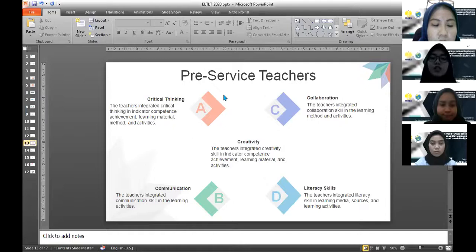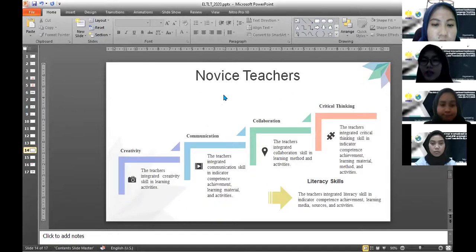And for the novice teachers, the critical thinking has integrated in the indicator competence achievement, learning material, method, and activities. And for the collaboration, integrated in the learning method and activities. And for the communication, integrated in the competence achievement, learning material, and activities. And for the creativity, integrated in the learning activities, and the literacy skills integrated in the indicator competence achievement, learning